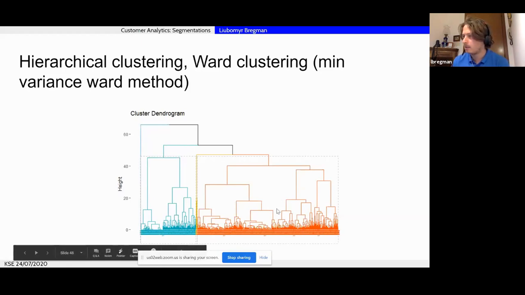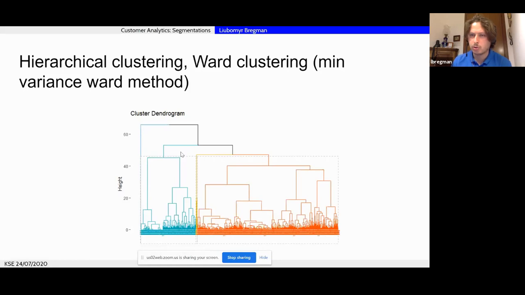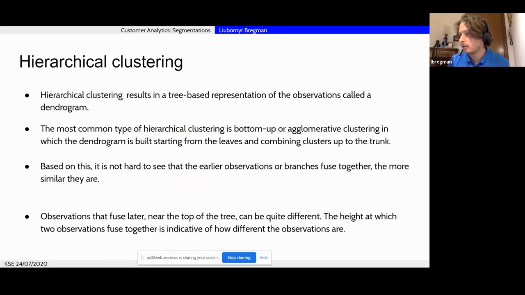This specific dendrogram is generated based on the algorithm called Ward clustering. I think it's not the most efficient, but it produces a nice dendrogram, so it's good for intuition. Generally, there are two kinds of approaches in hierarchical clustering.